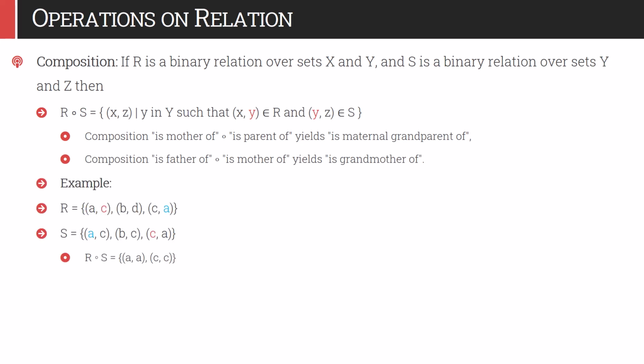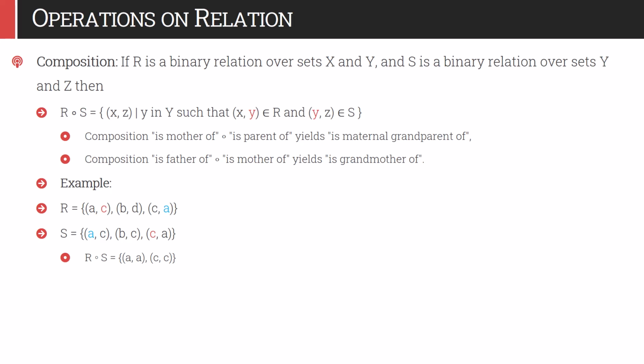Let us consider the example. If relation R is (A, C), (B, D) and (C, A), and relation S is (A, C), (B, C), (C, A), then R composition S is defined by (A, A) and (A, C). So how have these elements come? If we take the first element from R, that is (A, C), we have to look for a tuple which is starting with C in the other set. Is there any such relation? Yes, that is (C, A). First element from the first relation and second element from the second relation we have to add in the composition. So (A, A) would be added in